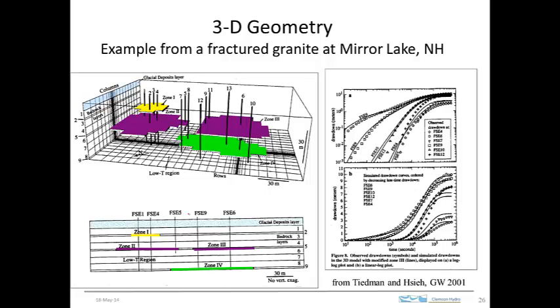So the permeable fractures are connected to other permeable fractures and form a network, but the network has a finite size. And so you have a cluster of fractures that are connected, but it's kind of enveloped in rock that is relatively unfractured. So there's a test site that's run by the USGS up at Mirror Lake in New Hampshire,